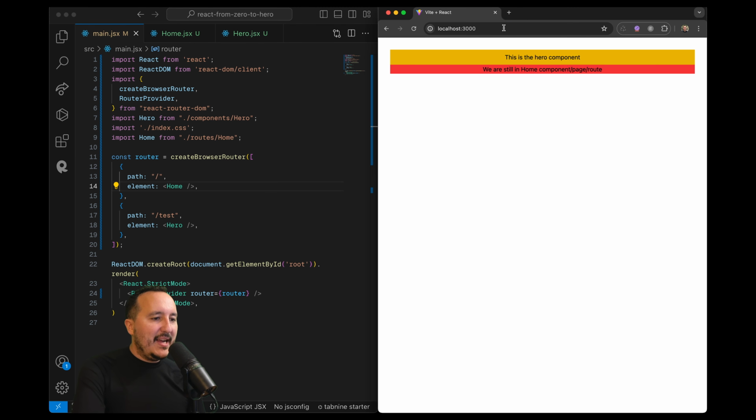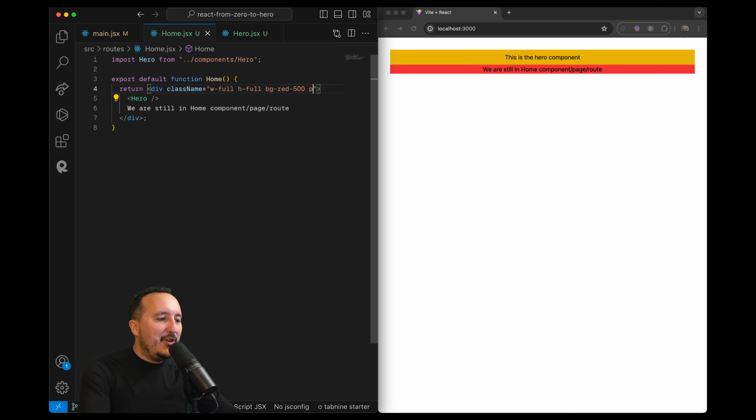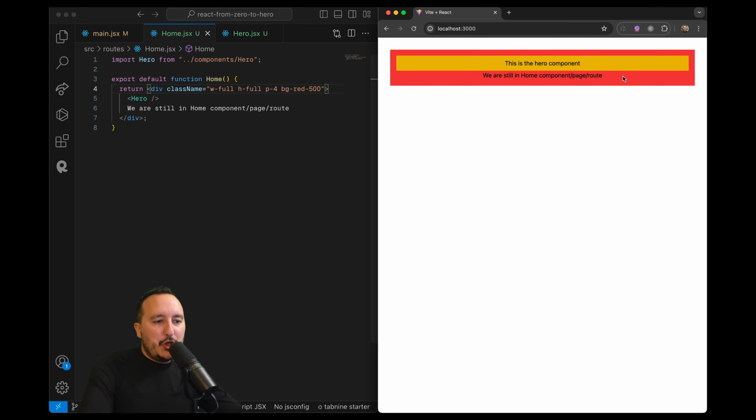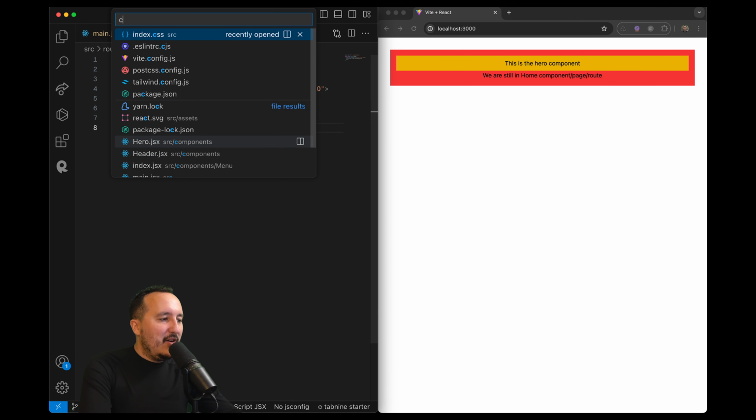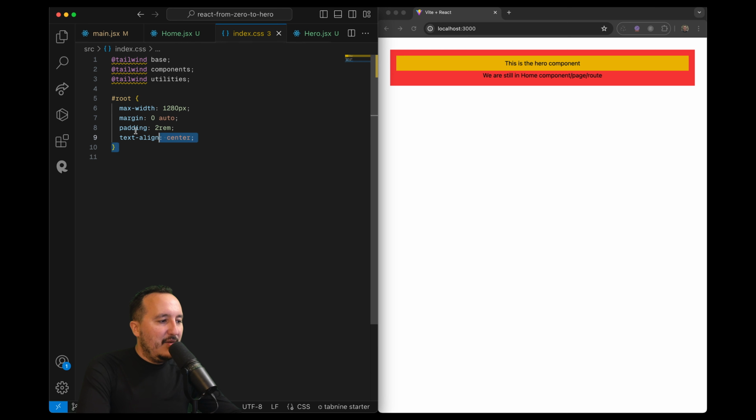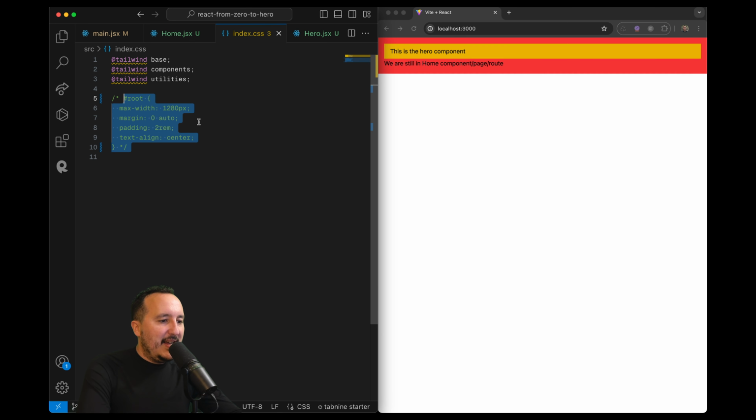So if I come back in here, there we go. This is what we got. We are still in the home component. But here the demonstration is not very good, because we should have some padding to show that the yellow part, which is the hero component, is actually inside the home page. And because I got some CSS in here, we can see that my root has a max width, etc. If I hide this,